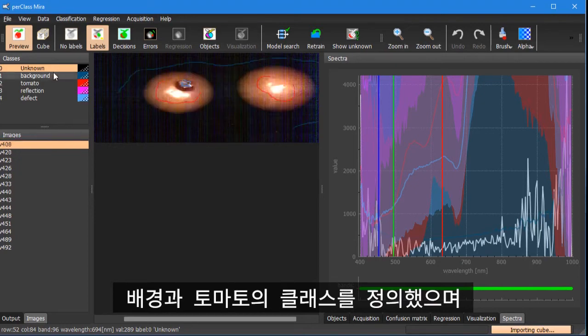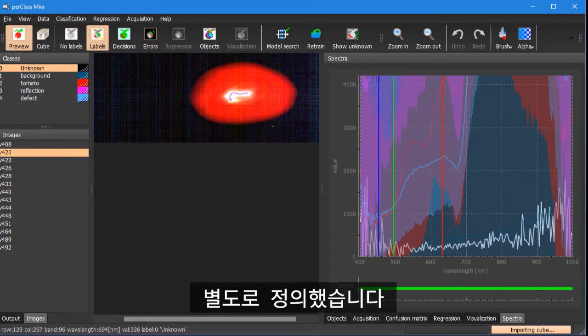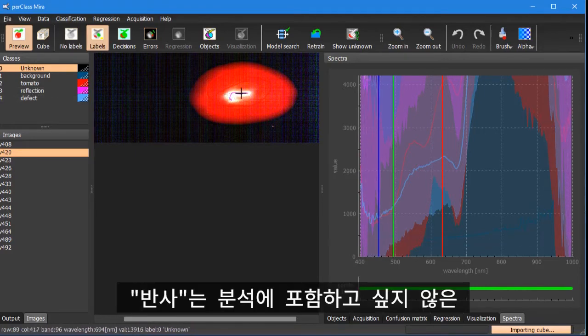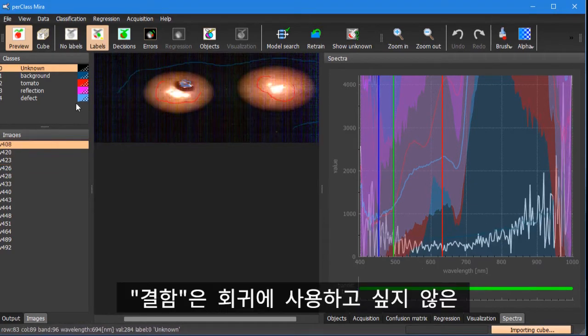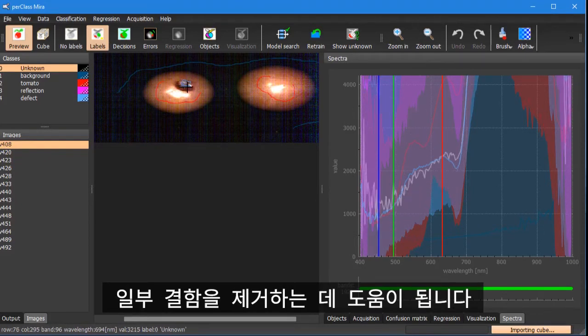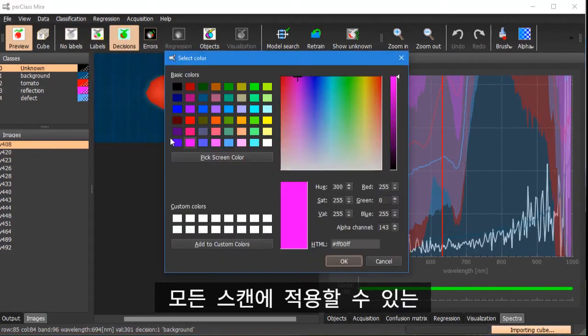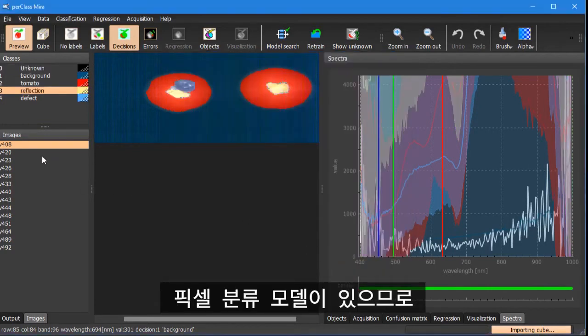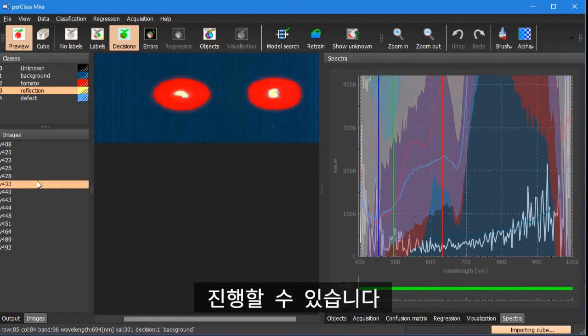Note that we defined the class of background and tomato, and we also defined a separate class of reflection and defect. Reflection is helping us to get rid of specular reflection areas that we don't want to include in the analysis, and defect is removing some of the defects that we also don't want to use for a regression. So we have a pixel classification model that we can apply to any scan, and we can now proceed with